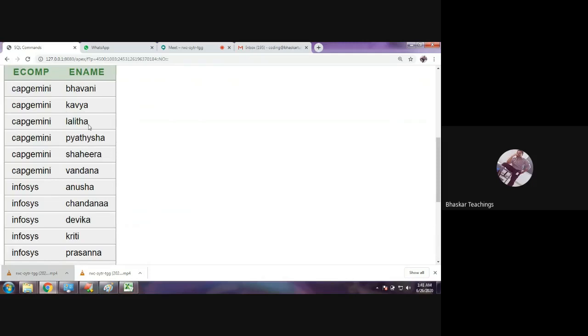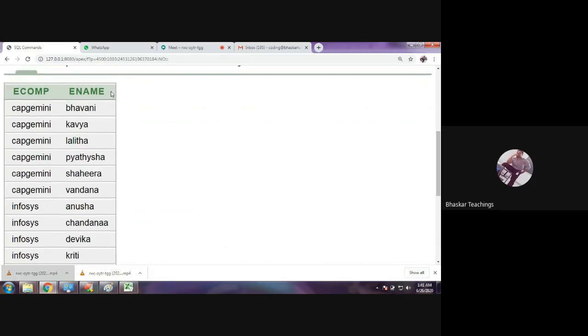This way you can even add one more column; within each group, the third column will be sorted. I hope you understood.